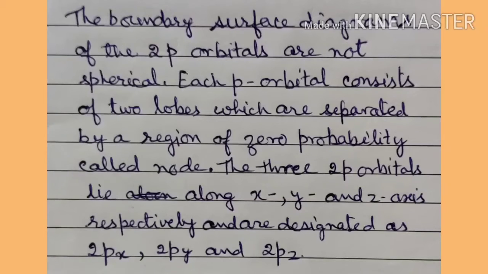So in the diagrams, the 1s is spherically symmetrical and three axes are shown here, x, y and z, but it is spherically symmetrical, so it has the spherical shape, just like a ball. Now the p orbitals have two lobes, and when you join them, there is one nodal surface. In the 2px, the lobes are along the x-axis, in 2py the lobes are along the y-axis, and in 2pz the lobes are present along the z-axis.